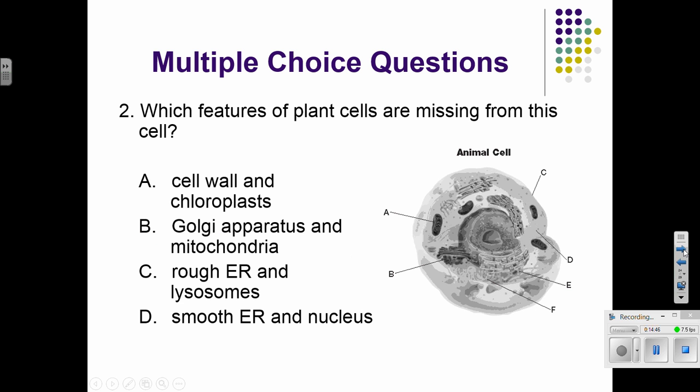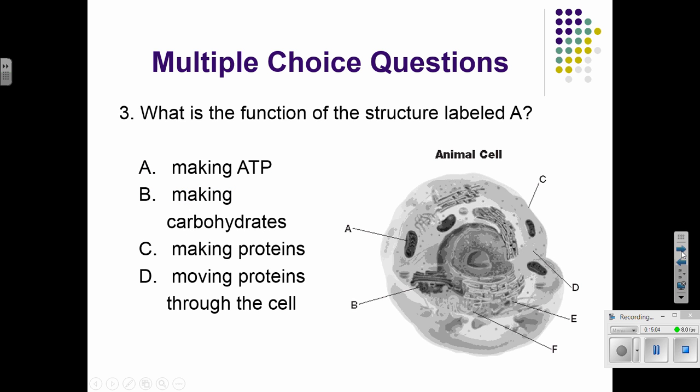Question number 2, which features of plant cells are missing from this animal cell? The structures that are found only in plants are A, cell wall and chloroplast. Animal cells do not have those. Question 3, what is the function of the structure labeled A? A is mitochondria, so go back in your notes and check what mitochondria does. They're the powerhouse of the cell, so they help make our energy,